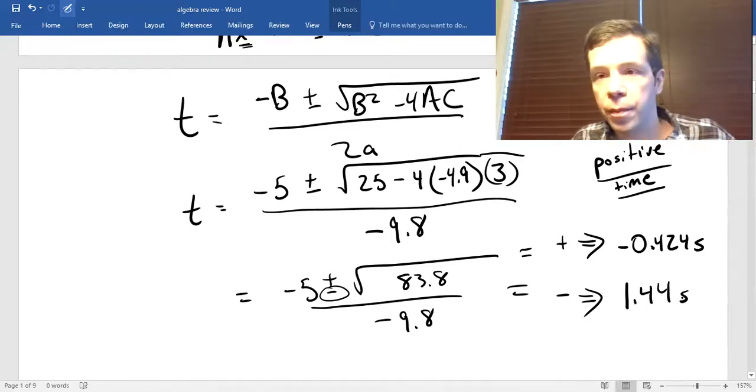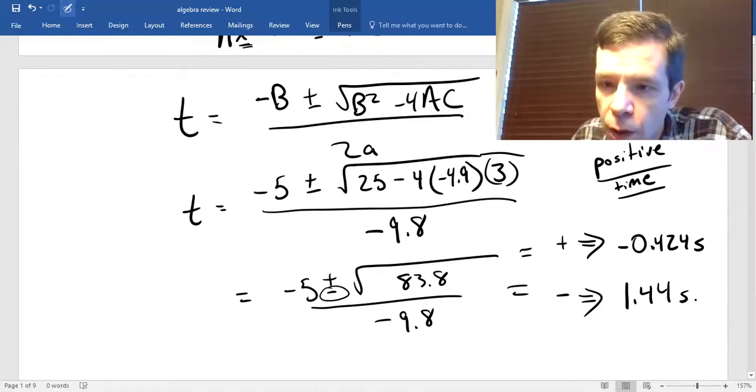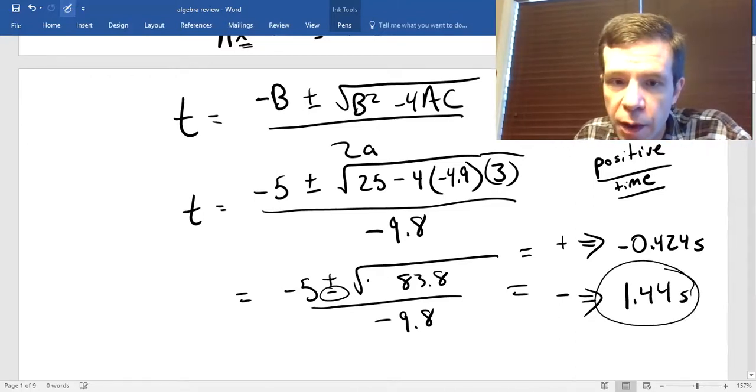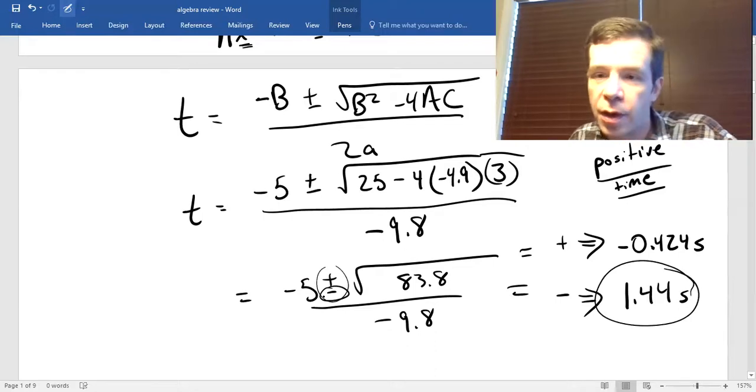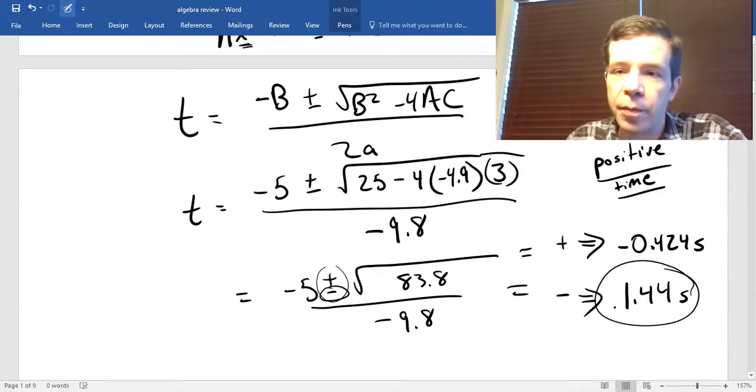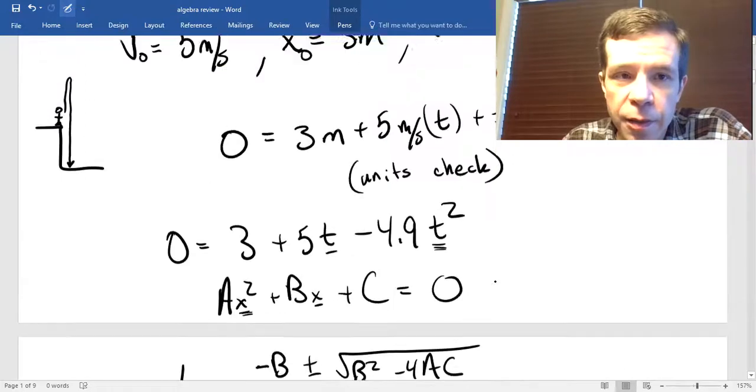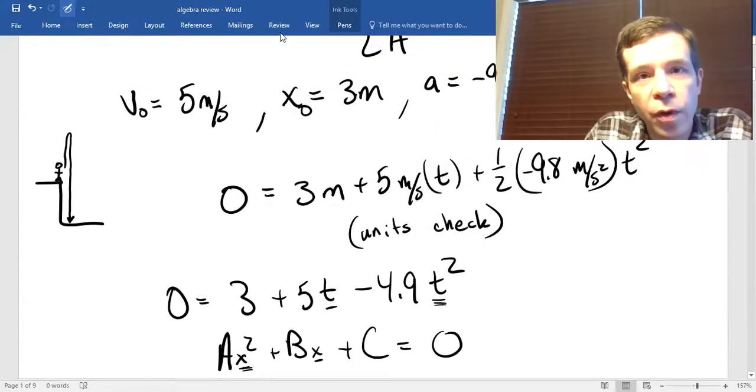.44 seconds. So that's why I said we wanted to take the negative option here to get us a positive time. If we were to look back at our drawing,